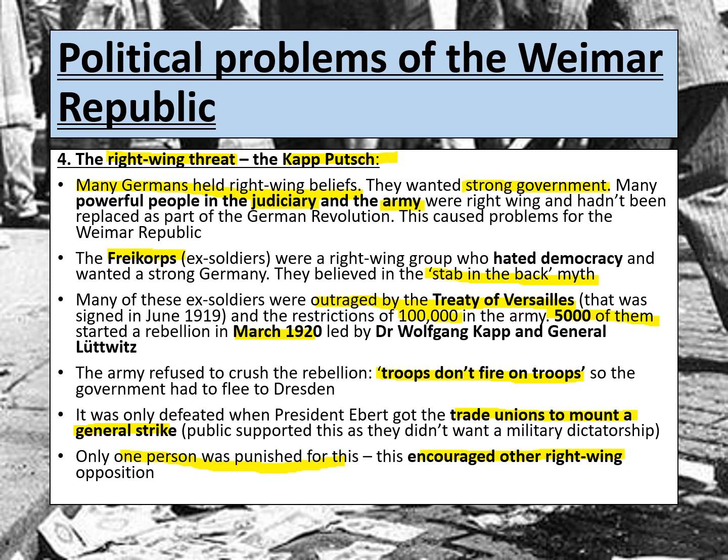Let's not forget, guys, in the left-wing, Rosa and Karl were both brutally executed, and 100 other people were killed as part of this rebellion, whereas with the Kapp putsch, only Kapp is arrested and the rest of them get away with it. So I hope that gives you a bit more detail about why this political problem was a problem, because ultimately it just encouraged things like the Munich putsch later on in time.